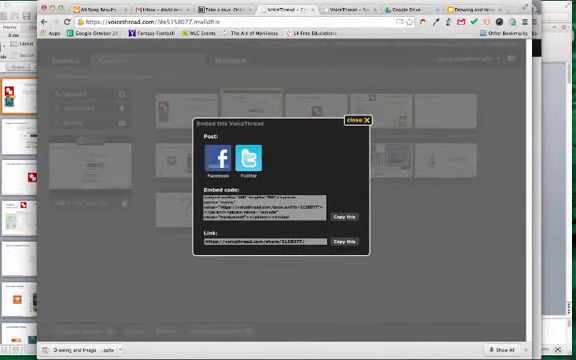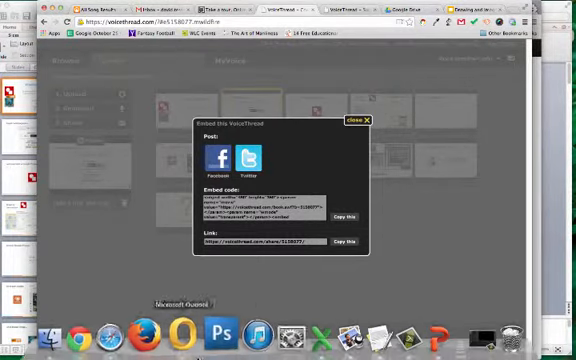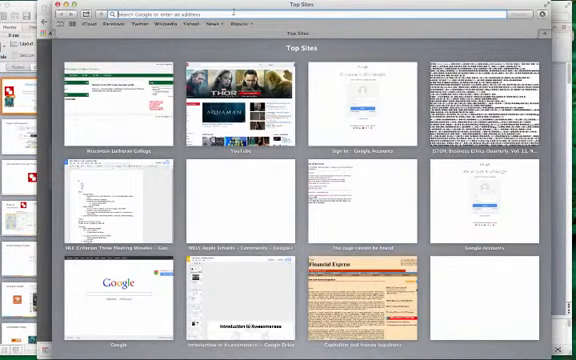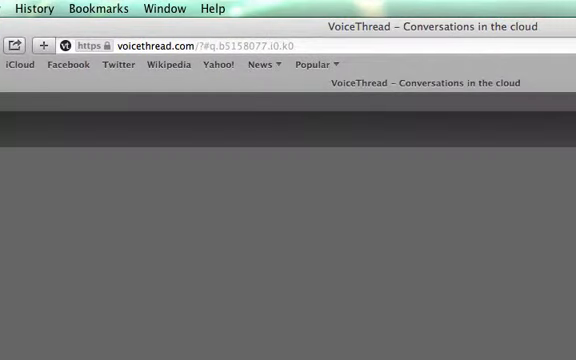Now that I've done that, when I click embed, now if I click this link, and let me just take it over to a browser where I'm not signed in, so you can see what it would look like for the general public. So here it comes up,